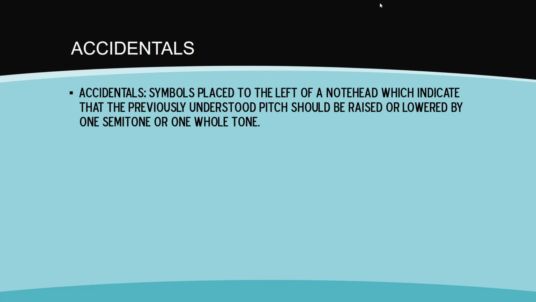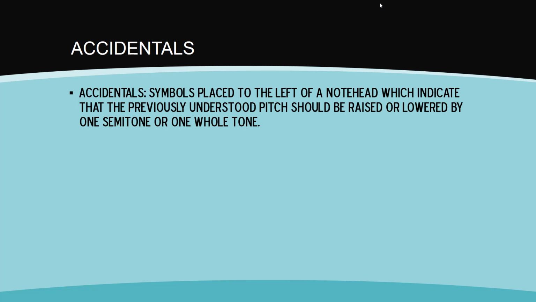Do not let the word accidental throw you off. These symbols are used on purpose. The term came about before the modern definition of the word accidental, which means occurring by chance. When they were first used in the Middle Ages, the term accidental meant not essential. We will learn in a future module that they are not essential because they do not alter the key signature